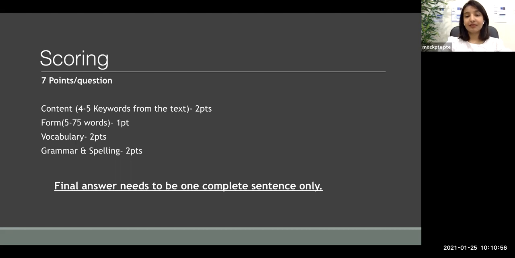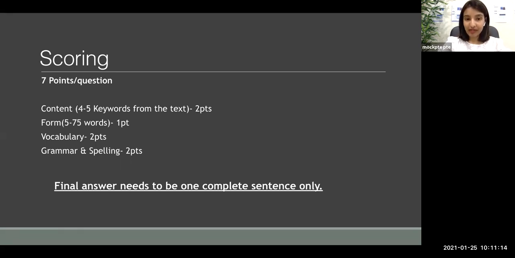Include the keywords, but make simple sentences. Compound sentences would be the best way to go here. I'll show you an example of doing this using a shortcut, so that'll make it clearer for you. And spelling is also the same. If you make one spelling mistake, you lose 1 point. If you make more than one spelling mistake, you lose 2 points.